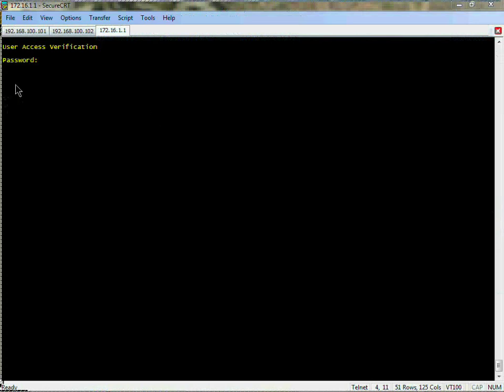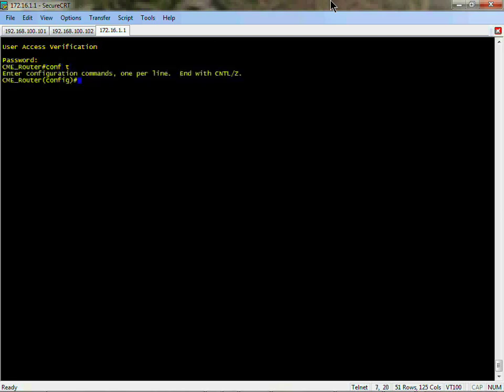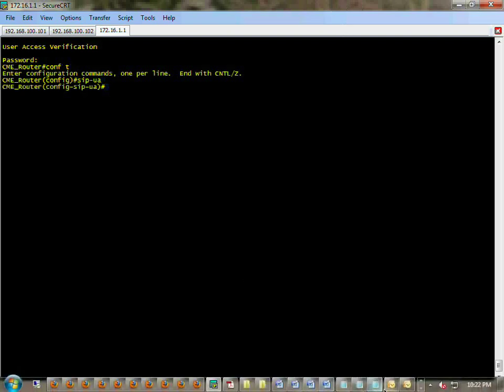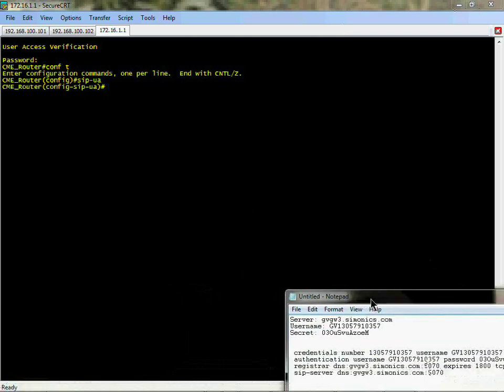Okay, as far as setting up the router and everything, basically I'm assuming that you've got everything else set up, all your DNs, your e-phones and everything, your dial peers. So at this point we're just going to set up the SIP UA. To do that, we'll go ahead and log into your router, and we're going to go into config T, and we'll go into SIP-UA. At this point I have the commands already written down elsewhere, so I'm going to just bring them up for us